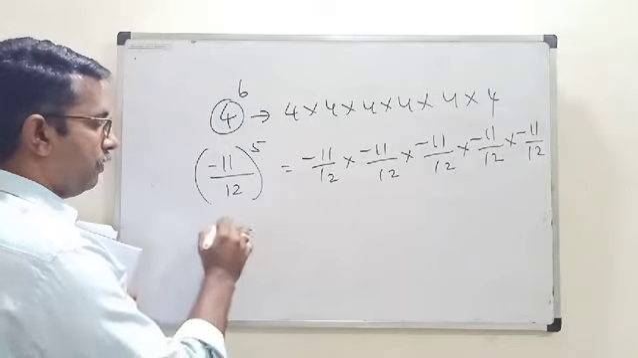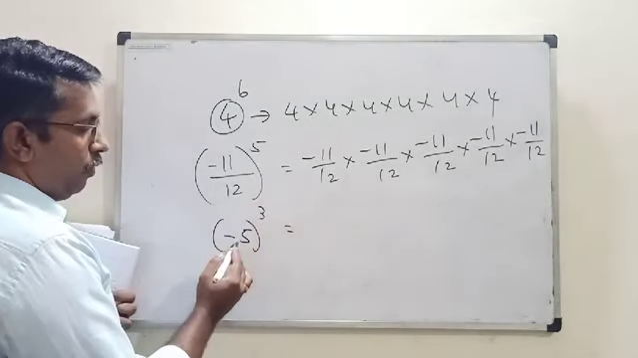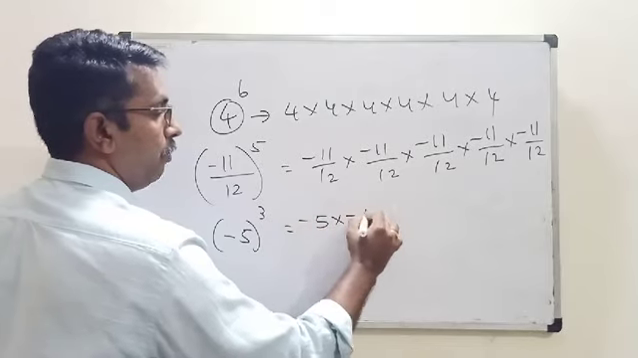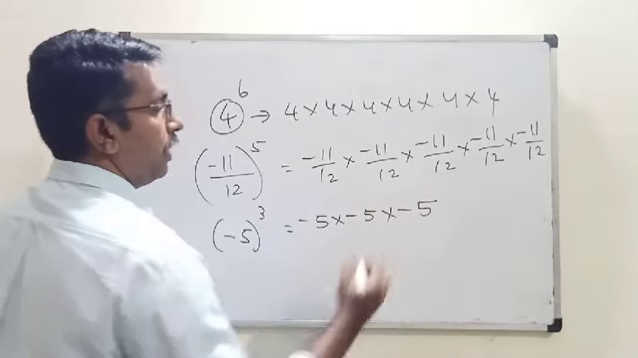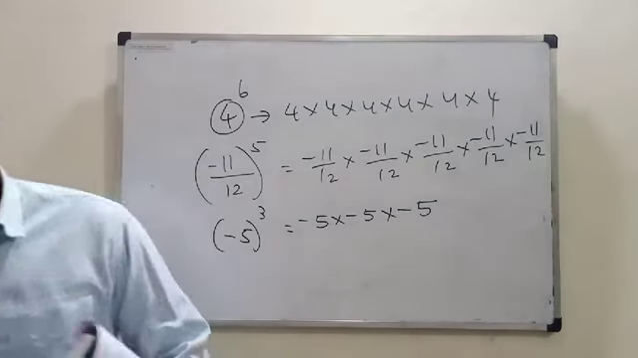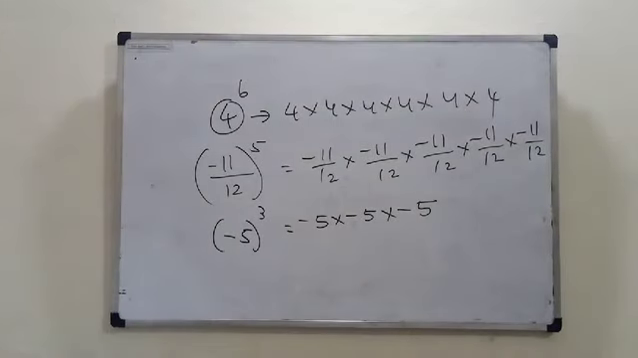Minus 5 to the power 3. What is this one? It is an integer. Minus 5 into minus 5 into minus 5. That is the meaning of this one. Okay. Now, next one is